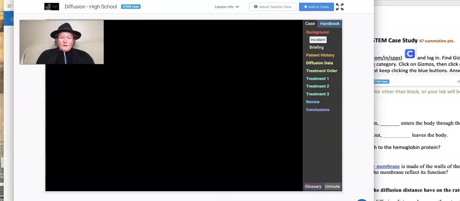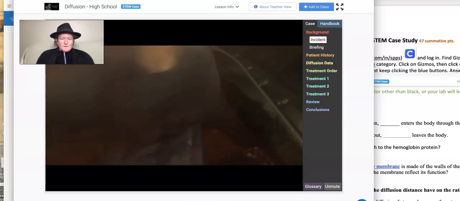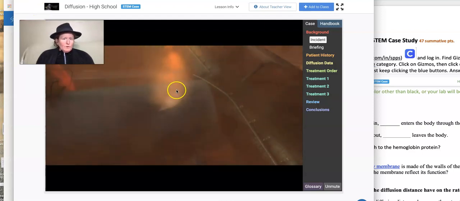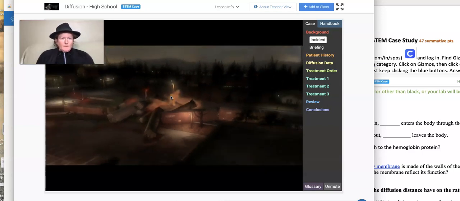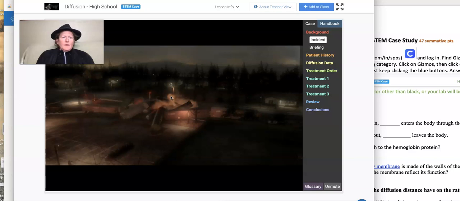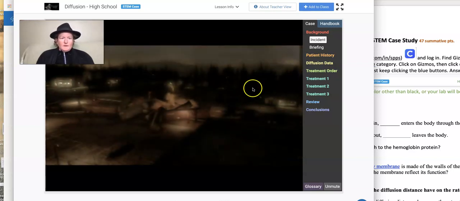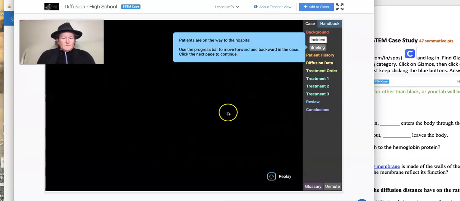So we are investigating a train crash. We have a patient that has been around a train crash where chlorine gas has come out of a train car, and she's a security guard and she is having some trouble breathing because the chlorine has gotten into her lungs. You can watch the whole episode or the whole scenario